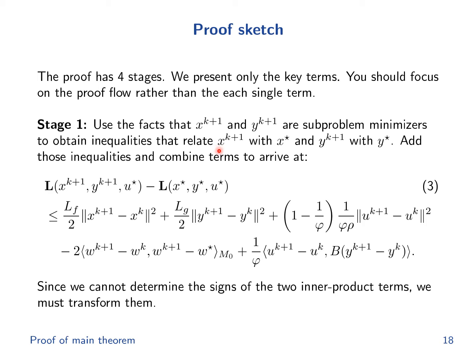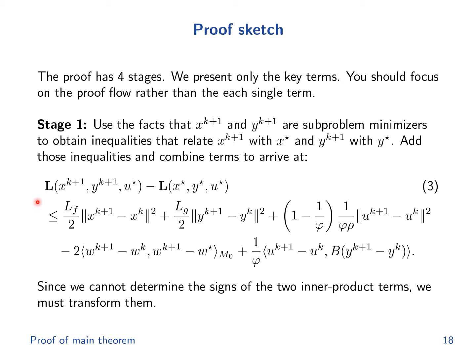The one that relates xk plus 1 to x star will involve functions f1 and f2, matrix A and matrix P, similar for the other one. Adding the 2 inequalities and use definitions of Lagrangian L and definition of update uk plus 1, you can write